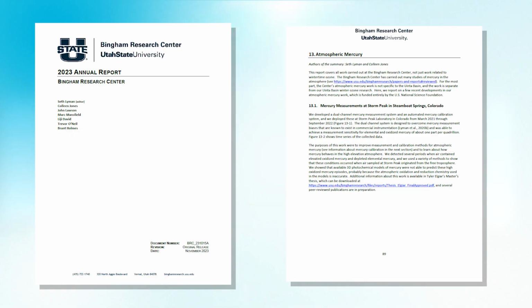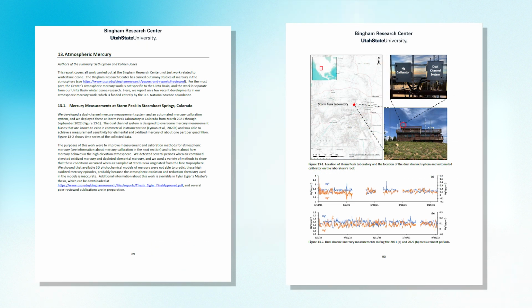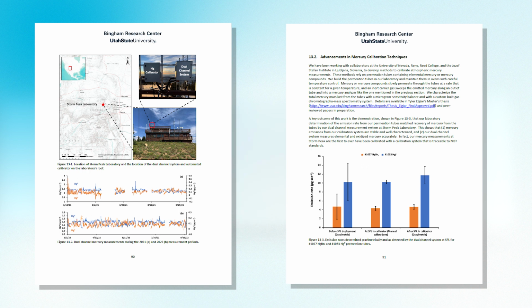Another aspect of our work is making sure the measurements are correct, so building calibration systems. Something we've been working on for about 10 years is methods to calibrate oxidized mercury, and we use permeation tube-based methods that are NIST traceable and can deliver these very low concentrations of oxidized mercury in ambient air while these systems are sampling ambient air, because we found that mercury measurement systems can behave differently in ambient air versus an inert gas or a scrubbed air.